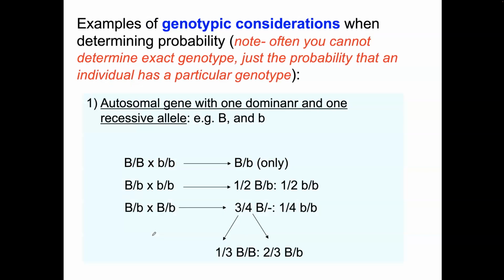Okay, now so that's some prep and some thinking about just general probability. And I want to move to talking about genotypes now and how you would use it in a particular cross. And so it starts with